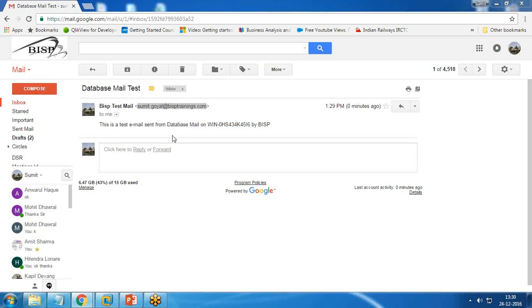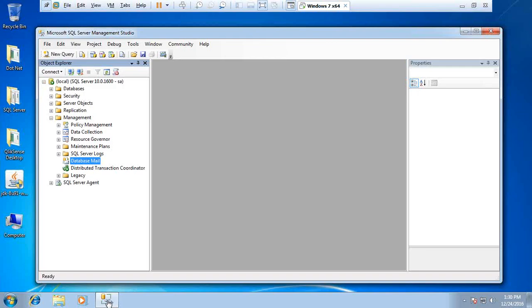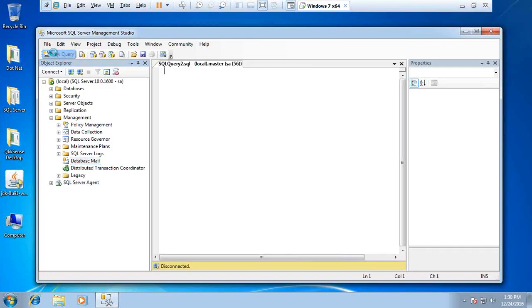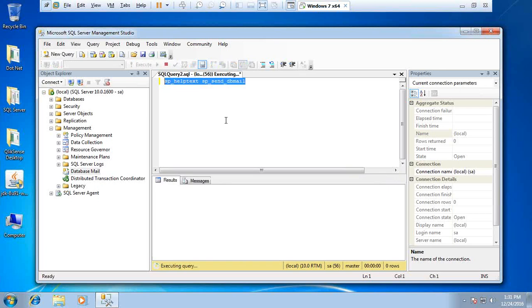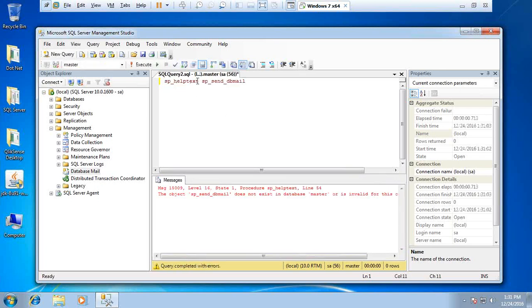Now let's write a query. We'll execute a procedure named sp_send_dbmail, and that will help us to send email messages through query. So I'll again get back, create a new query, and make sure that I'm on master, and I write sp_helptext sp_send_dbmail. And when I execute it,